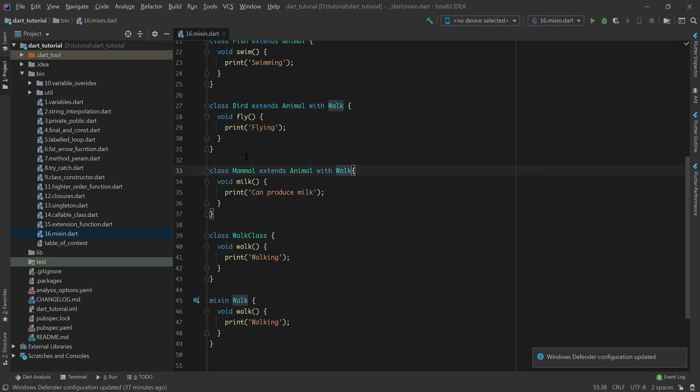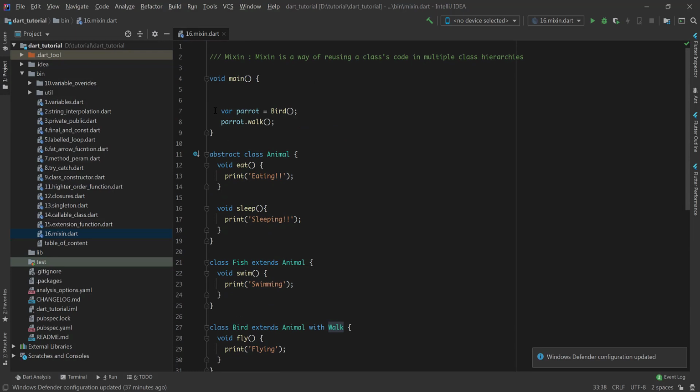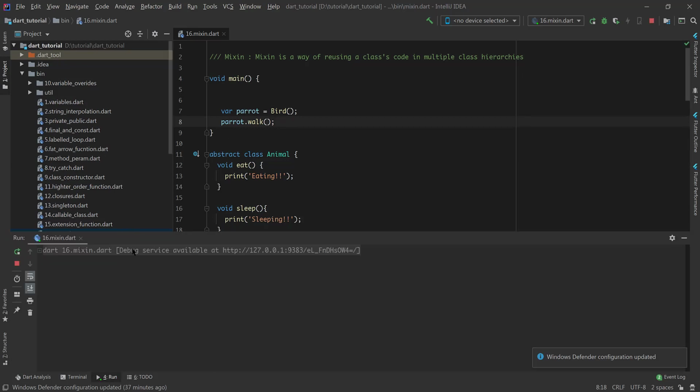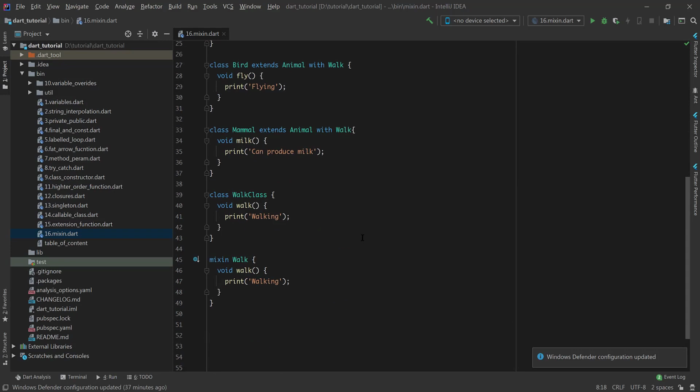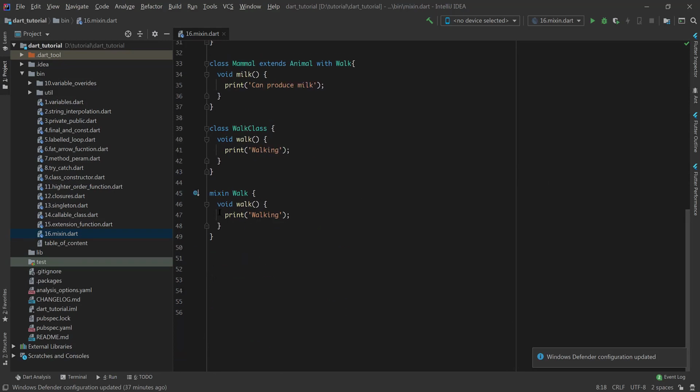Now from our bird and mammal classes we can easily access our walk method. Here I have created a parrot and this parrot can walk. Let's see our output. Here in the console I am getting walking, so we can easily access our walk method which is coming from the mixin.